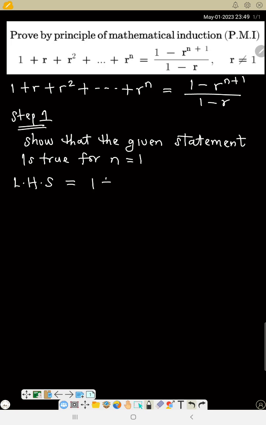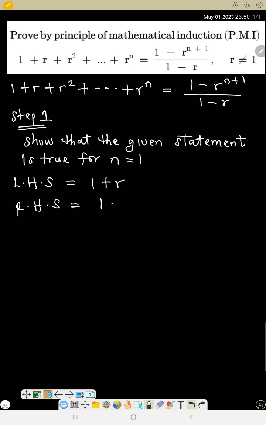is equal to 1 plus r. Remember, if you say 1, that means n is 0 there. So if n is 1, it will be 1 plus r. For n equals to 2, it will be 1 plus r square, like that. So we are proving for n equals to 1. That means left hand side is 1 plus r. So right hand side